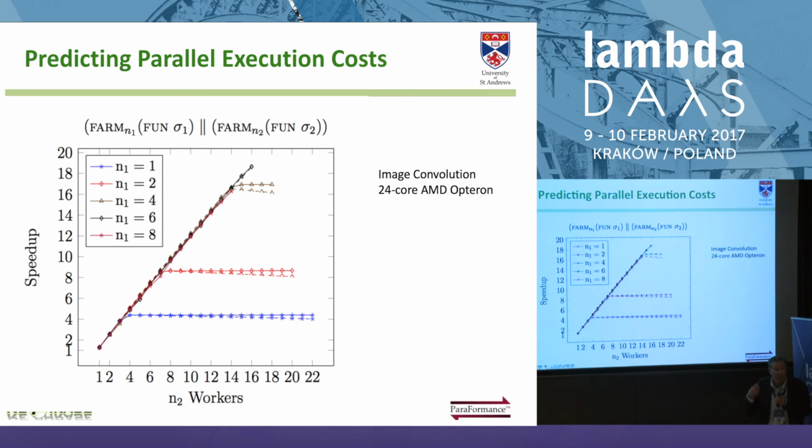Here's another example, a bit more complicated structure. What we've got here is a pipeline, the double bar is the pipeline, 2 farms over 2 functions, and we've varied the number of workers, the N1 and the N2 in each case. And what you can see is, again, that our cost model gives us very, very solid predictions of all of the costs that we're getting. Okay, so it's a very good